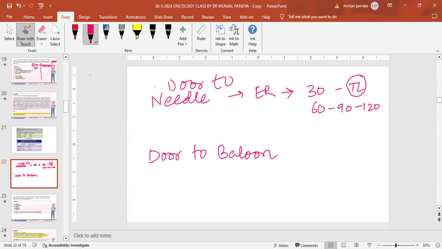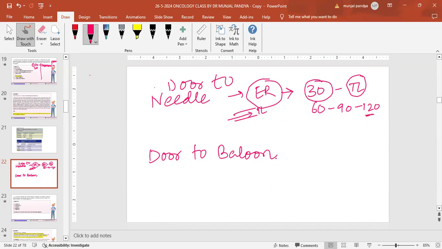Why? Because they are not getting the blood supply. Are you getting me? The earlier you do any intervention, in terms of drug or in terms of catheter, it will give the maximum advantage. So door to needle, needle means you are giving some kind of injection via needle, and the injection is a thrombolytic. If your hospital can manage within 30 minutes, it's a great time. So door to needle time is what? 30, 60, 90 or 120 minutes?